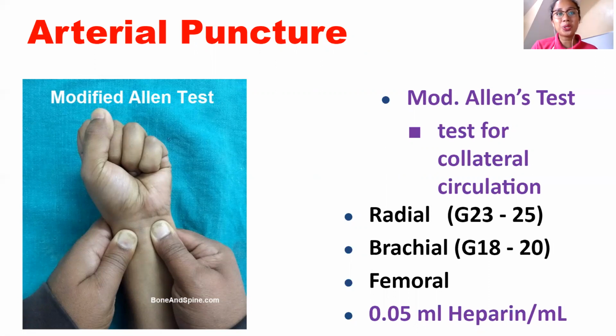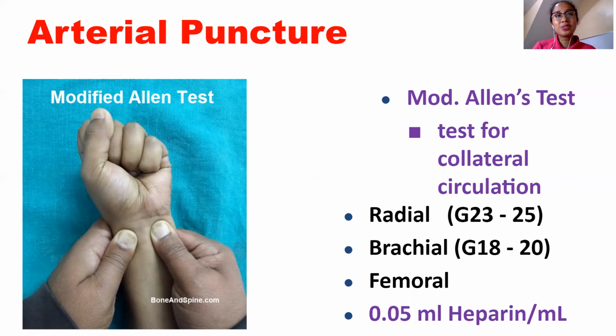Meaning, class, we are ensuring that there are two arteries that supply blood to your hands, class. We have the radial artery, yung may malakas na pulso, dito sa katapat ng thumb. Meron tayong ulnar artery, class, dun sa tapat ng pinky. So, these two arteries, class, supply blood to your hands. Ganyan. So, for modified Allen test, you're testing if there is good flow of blood between your radial and ulnar